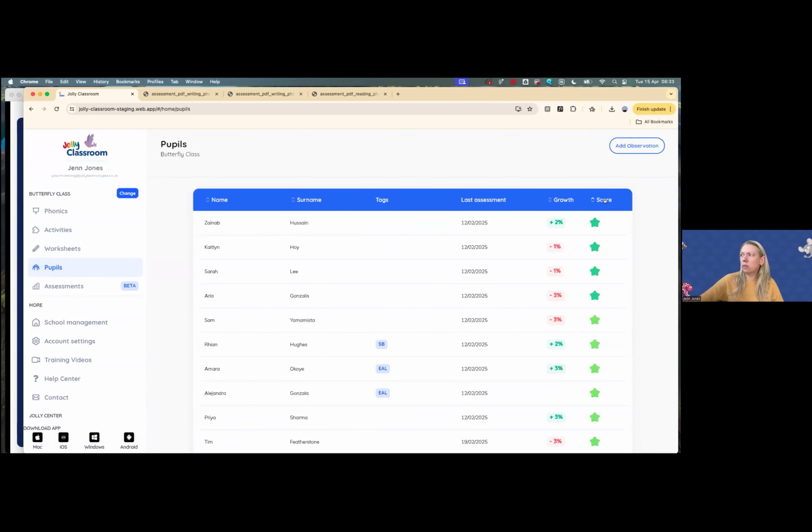So I want to see the majority of my class in green, which I can see a lot there, but I might also want to see who is in red and orange. And so I can see them here. And growth. After you've done 2 assessments, you will see whether children are improving or going down from the last